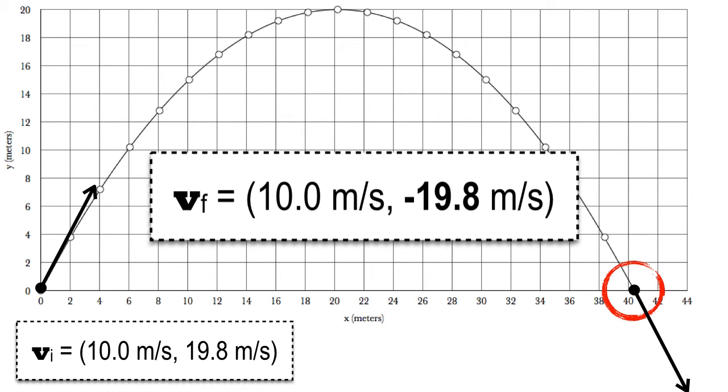And just for comparison, I'll copy the initial velocity vector over. Now watch this. Here it comes. All right, so there it is. They're vertical flip-flops. In other words, if you fold the paper, your notebook paper, on a horizontal fold, they should cover each other up. All right? So